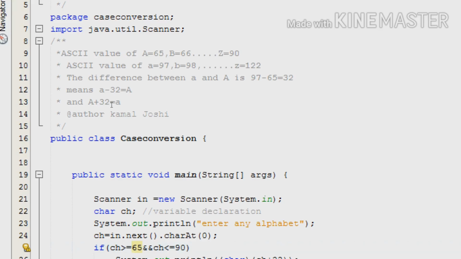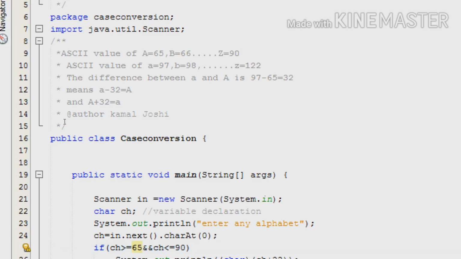So the difference between small a and capital A will be 97 minus 65, which is 32. It means when we subtract 32 from small a, we achieve capital A, and when we add 32 to capital A, the result will be small a.